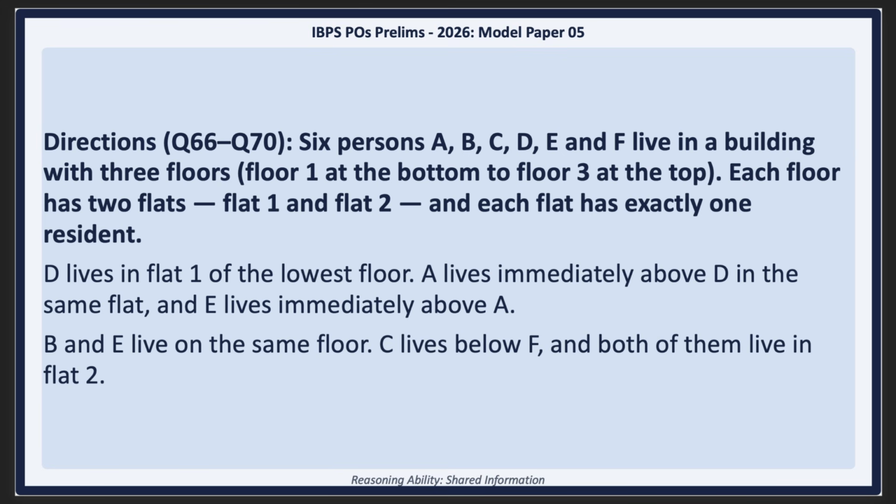So when you have a blank grid on your scratch pad, just 6 empty boxes, it is very easy to get lost in all the moving parts. But this is where you look for your anchor. The undeniable truth. Exactly. What is the one undeniable truth? Let's look at flat 1. We know exactly who lives there because the rules literally stack them right on top of each other. Yeah, it explicitly says D is on floor 1, flat 1.